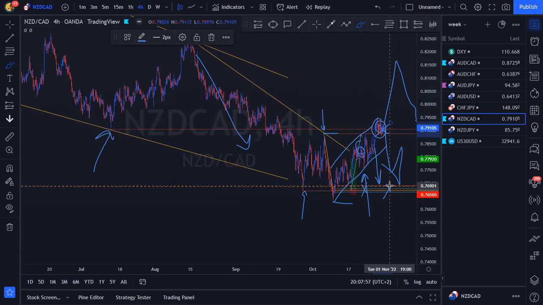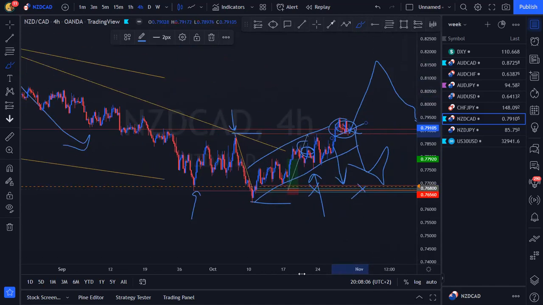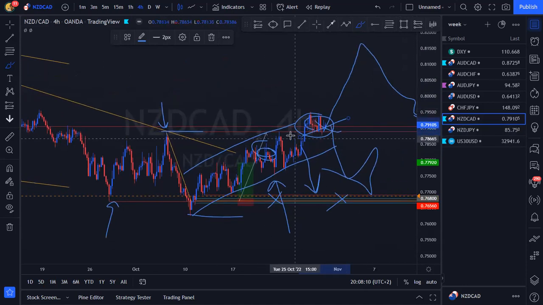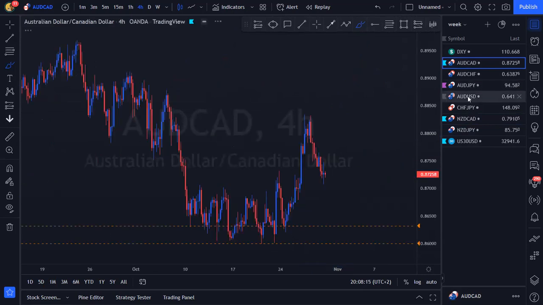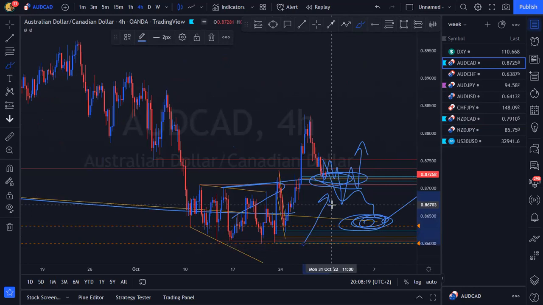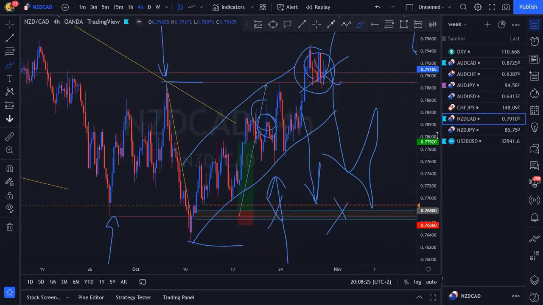So I think for a third week in a row, I'm going to be looking for the exact same setup, still at the low of my range, and it still looks very attractive for me. Maybe I'm missing the momentum. But if we are missing this momentum, let's not forget New Zealand dollar CAD and AUD CAD are positively correlated. And you guys can see that this one is on the watch list. It's there, it's hot, it's where we want to trade. So looking at the two, let's rather take that risk on AUD CAD rather than New Zealand dollar CAD